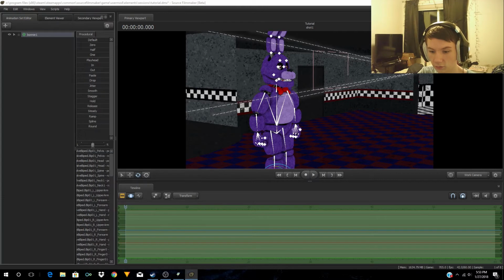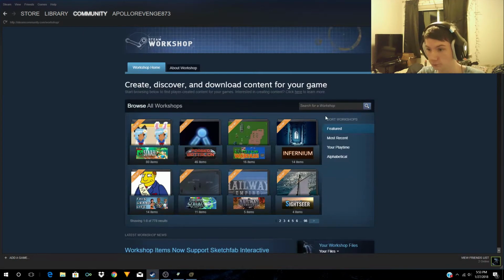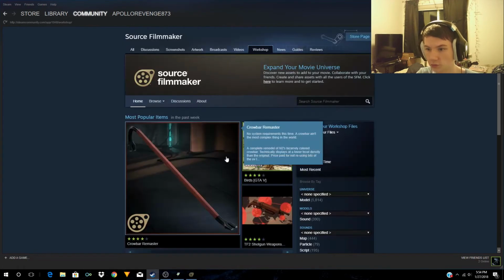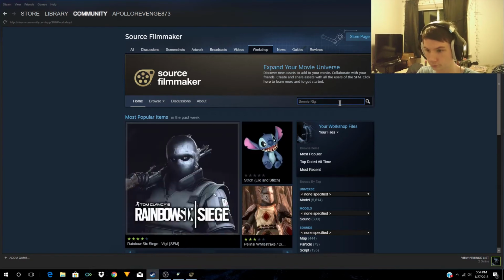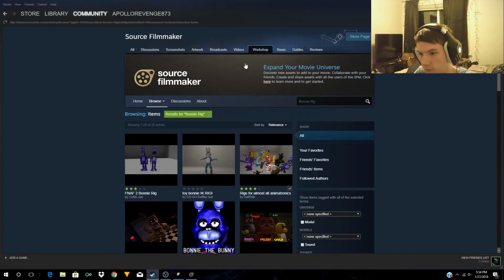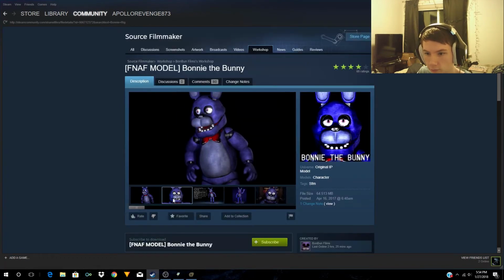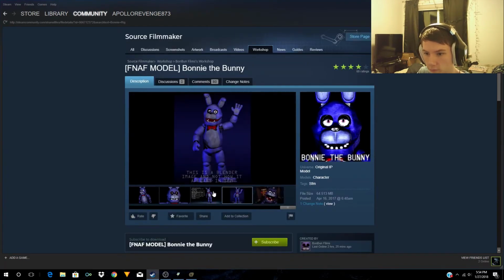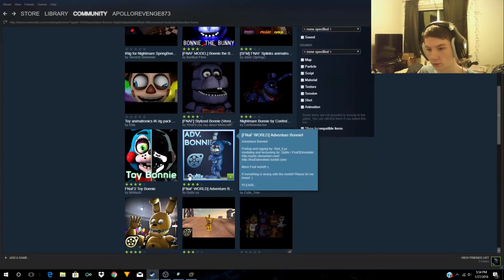Now, I have downloaded a bunch of rigs from Steam Workshop. So, let's head back into Source in Steam in the Workshop. Now, let's go with Bonnie Rig. There are different rigs for Bonnie, but I don't know where this one is. Honestly, I don't know how to make the eyes turn black with a white dot in them. But yeah,